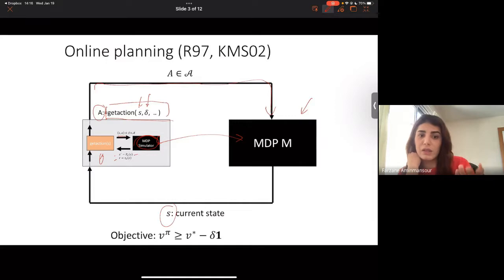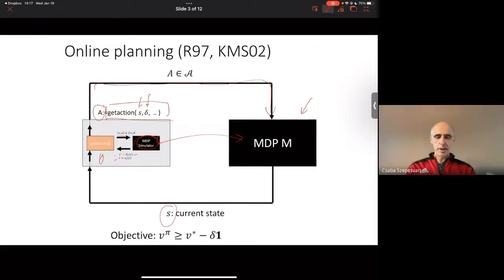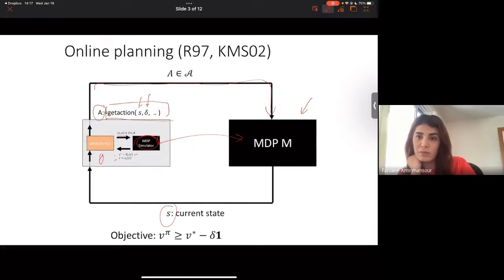It's like the simulator could be a noisy simulator and it could have some error, and then the output state for the MDP simulator could be an unreal state, right? So in that case, how can we make sure that this objective will hold and we will get to a policy that the V pi is no delta? I guess you're talking about that the MDP simulator may not be perfectly simulating how the world works. And the output state could be some unreal state that we cannot fix the value of.